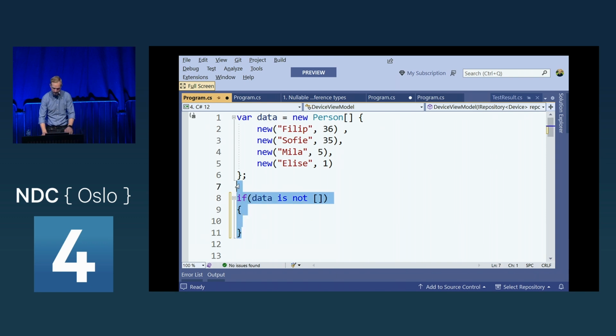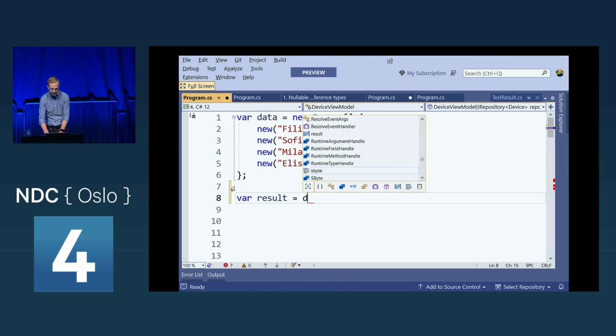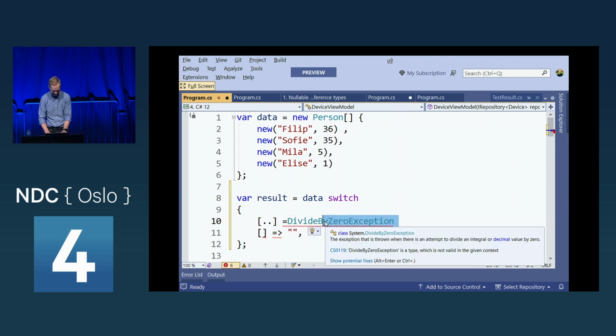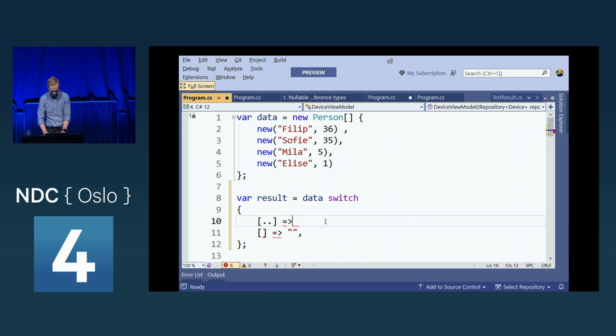I could also say that I want to get a result out of this here, to say that based on my data, or my list here, I'm going to create a list pattern, where I can say, well, if it's empty, I want to do something. But if there are elements, I want... That damn divide by zero exception. I'm going to blame the keyboard.